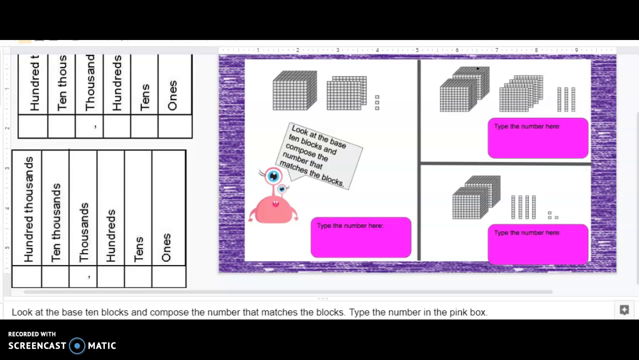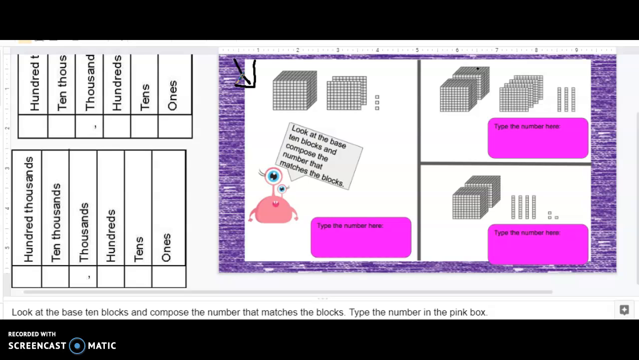Okay, so to continue with this lesson, we're going to be practicing building numbers using base 10 blocks and then placing digits in the appropriate place value. So let's get started. I'm going to start modeling right here with this set of base 10 blocks. So here at this set of base 10 blocks, I notice that I have